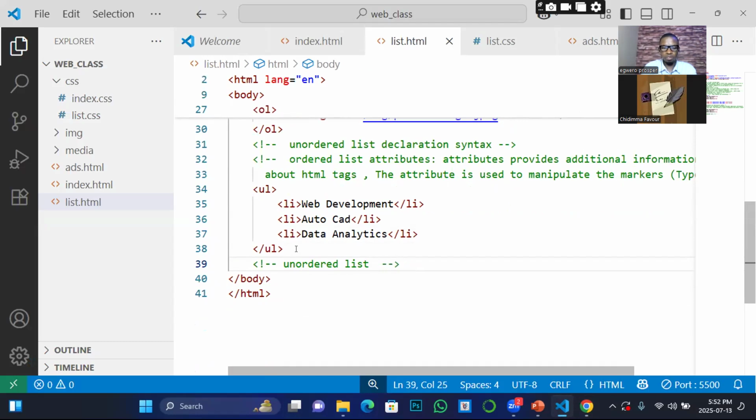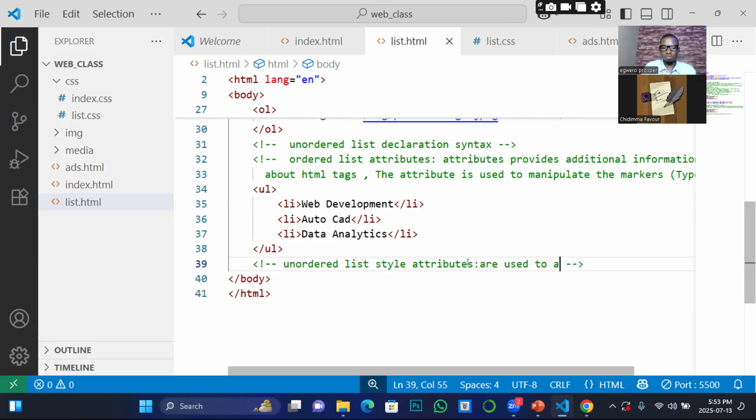So let's call it style attribute, because the reason I'm using the word style is that here we are going to achieve this with CSS. We are not going to use just attributes, so we refer to it as style. So once you see that style, you know what is CSS responsibility. Now, the same way I defined the ordered list attributes, the unordered list style attributes are used